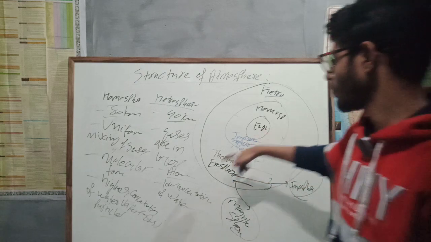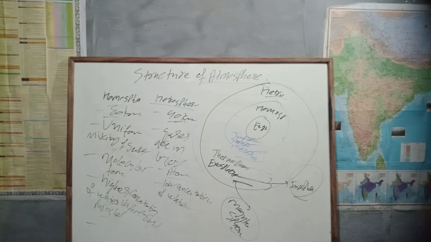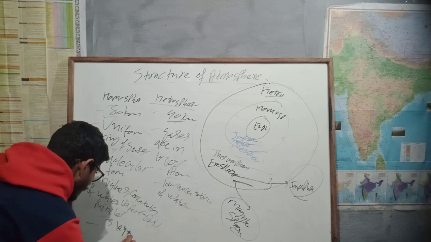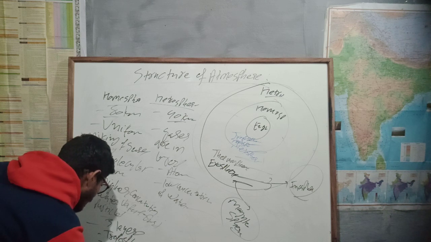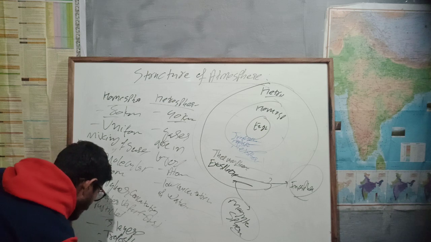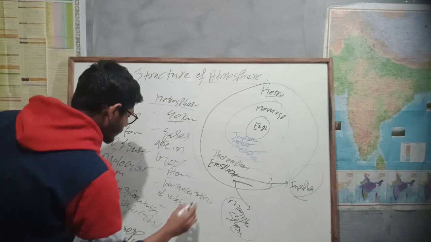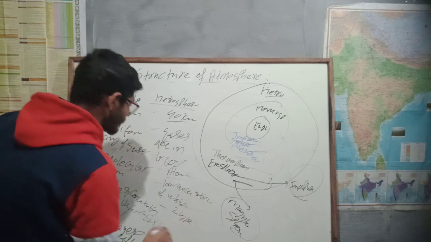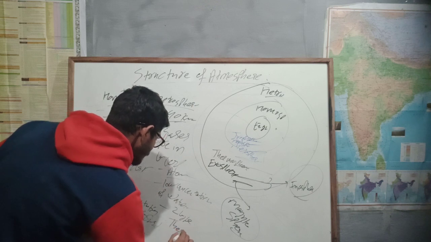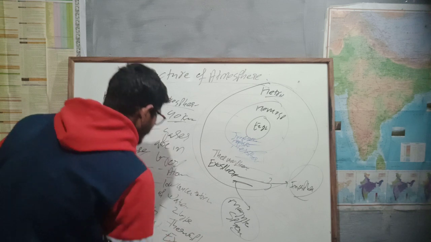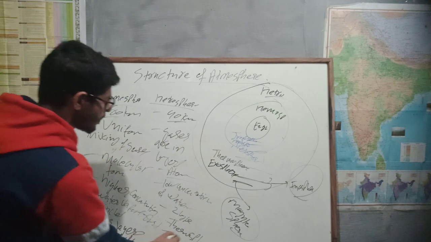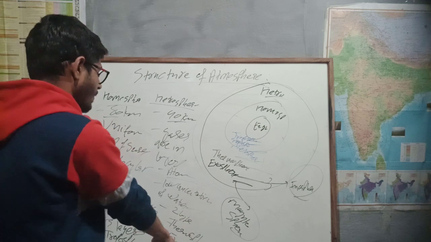So you are writing it like this: the homosphere has three layers. Let me see, is it visible or not? Yeah. What are these three layers? Troposphere, stratosphere, then we have mesosphere. The heterosphere is divided into two layers: thermosphere, then we have exosphere, and magnetosphere is part of this exosphere. And there is a layer between these two, ionosphere. This is both part of